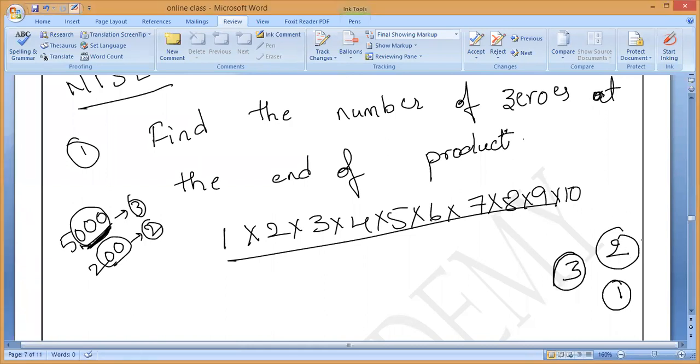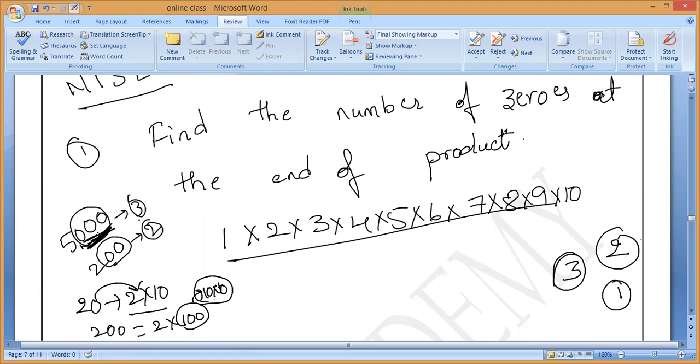Now you can see, it will take more than 1 minute, correct or not? Yeah, more than 1 minute it is taking. See, use a shortcut now. Zeros are nothing but that number multiplied with tens, correct? 20 means 2 into 10. Is it correct or wrong? Yes, ma'am. That number must contain tens. 200 means 2 into 100. 100 is 10 into 10. It means that number must contain tens. Is it okay?